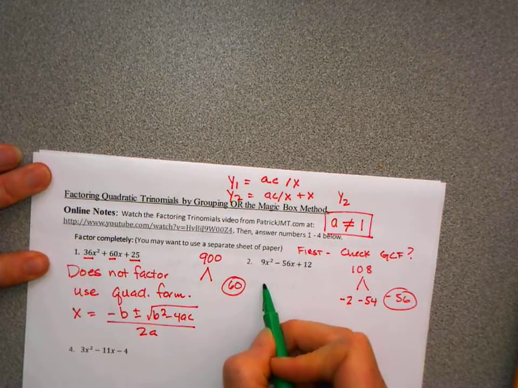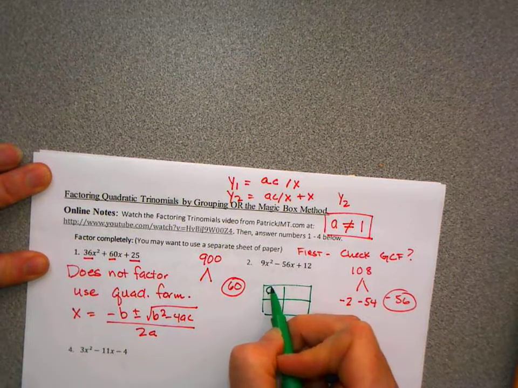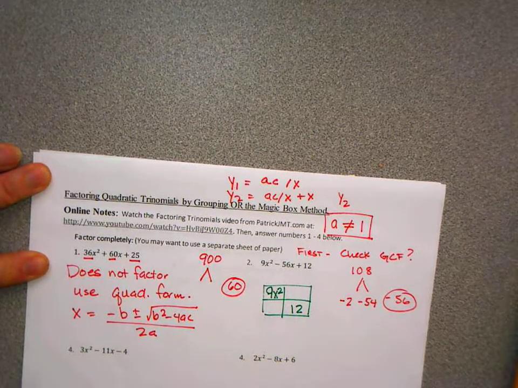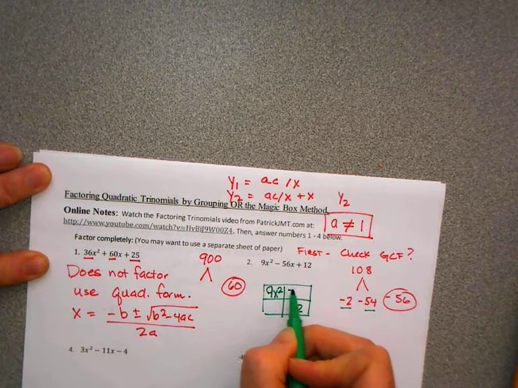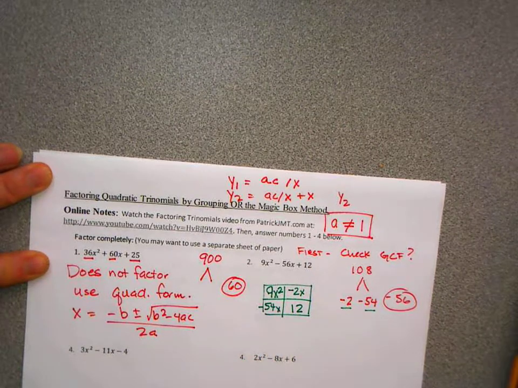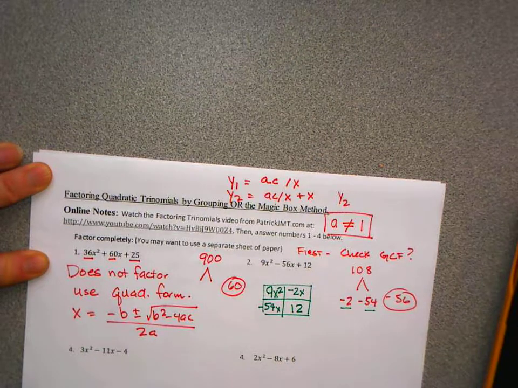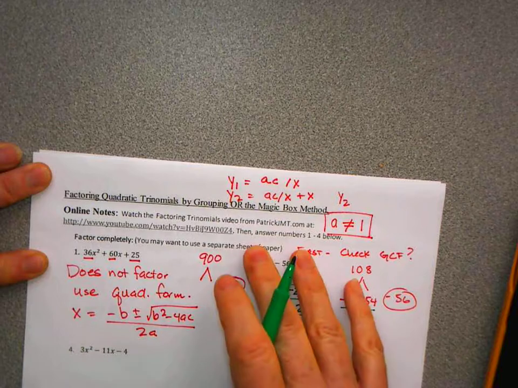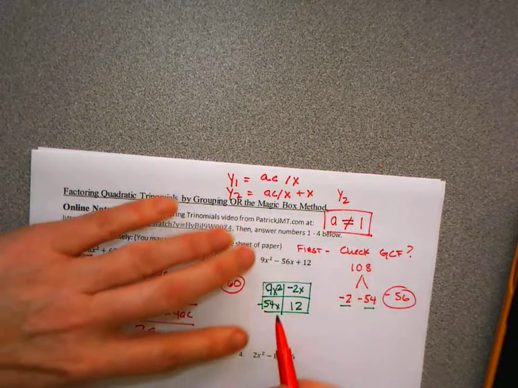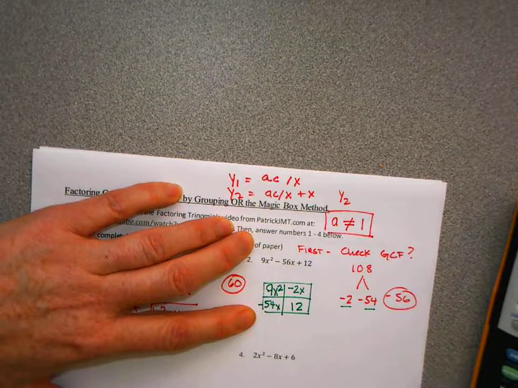So what I do is I make a box. In the first box over here, I put the first term, 9x squared. In the last box, I put the last term, positive 12. And then I take my factors and I write them here, negative 2x, negative 54x. Okay, so now what I have to do is do greatest common factor up and greatest common factor left. So I go up. The greatest common factors here are going to be, let's see,